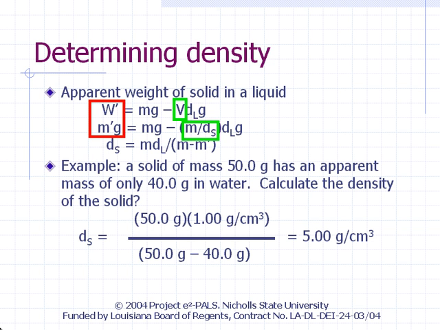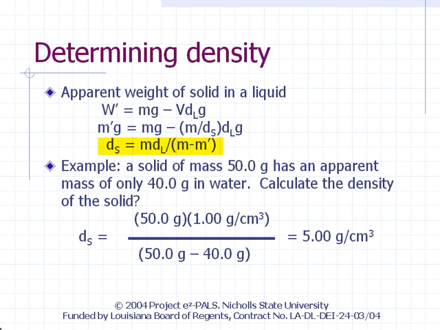We can derive an equation relating the density of the solid to the density of the liquid, and the actual and apparent mass of the solid. The density of the solid is equal to its actual mass times the density of the liquid, divided by the difference between the actual mass and the apparent mass. In other words, if we weigh a solid while immersed in a liquid, we can determine its density, as in